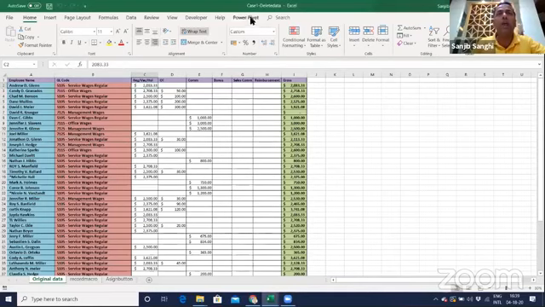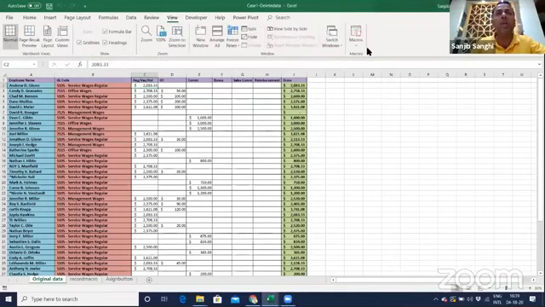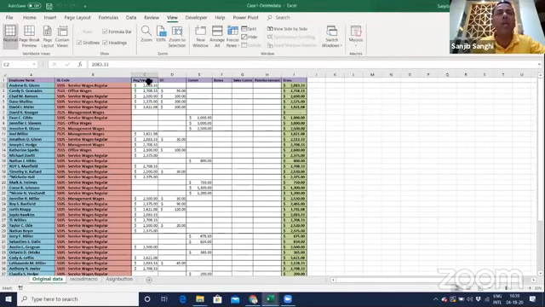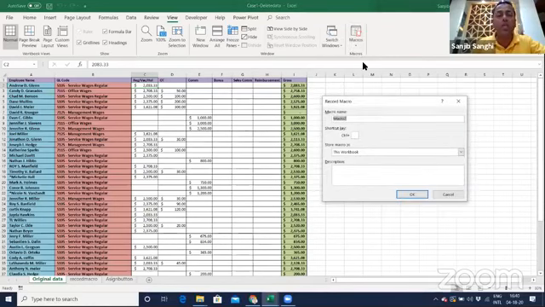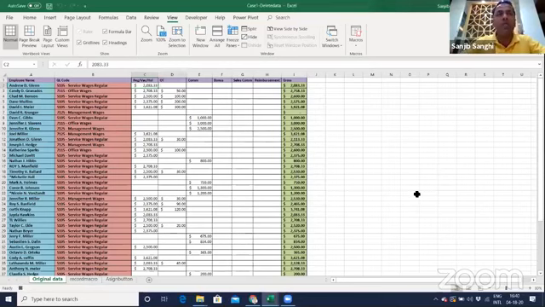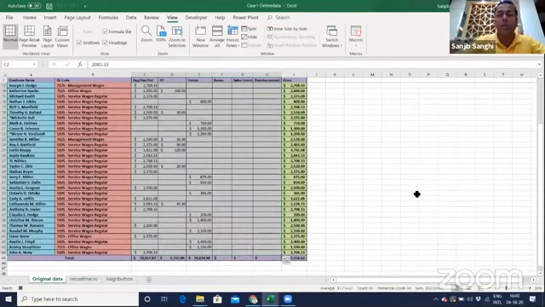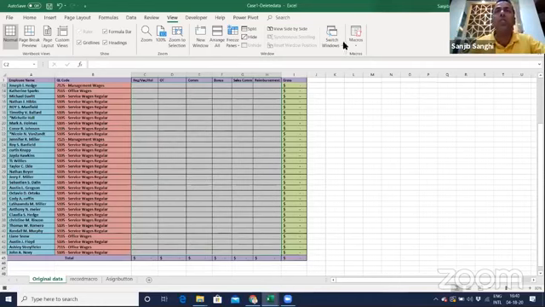Okay, and let me see if I have a macro over here. I don't have a macro because I have not saved the macro. I'll do it again. I'll go back here and I'll say record macro, and I'll write in delete data. Okay, and this time I'll be very sure that I'm copying this and simply taking this whole thing and delete. I'll go back and stop this recording.